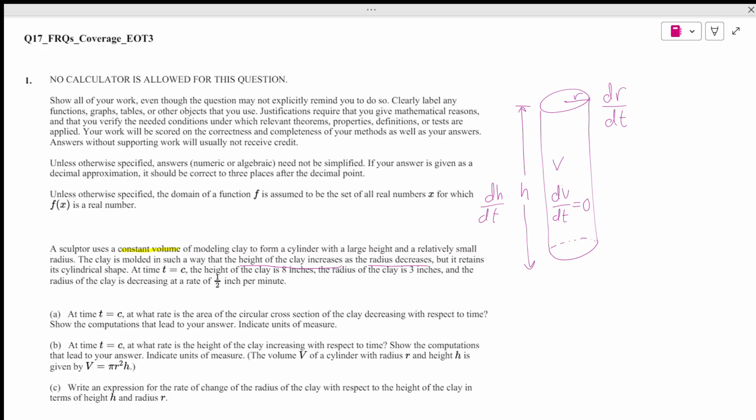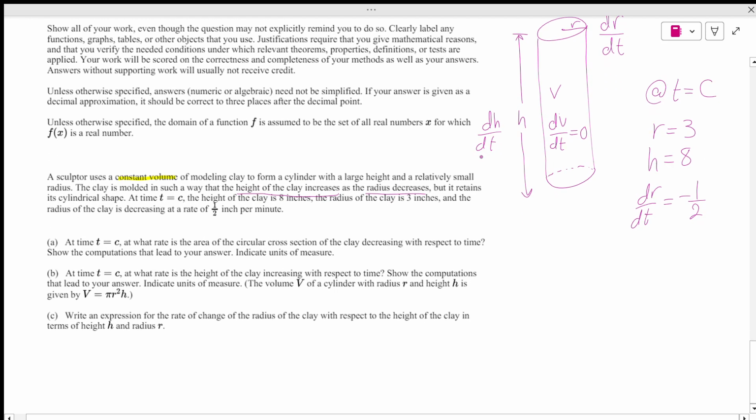So this is the cylindrical shape. Now it says at a specific moment at t equals c, the radius is equal to 3, the height equals 8, and the radius is decreasing, so dr over dt is equal to -1/2. Those numbers we will plug in after differentiation, after the derivative. Okay, now in part A it says